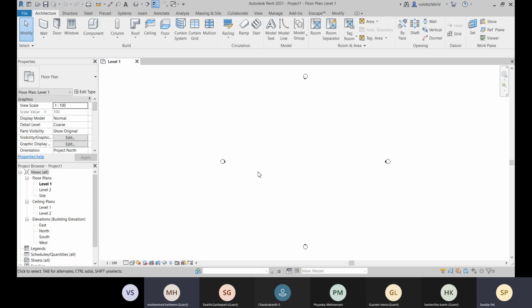Okay, fine. So project template is basically you create one setting for all the projects you will be working. Okay, so there you will have all your views set up. This project browser will be organized according to your way. You will create all your labels.